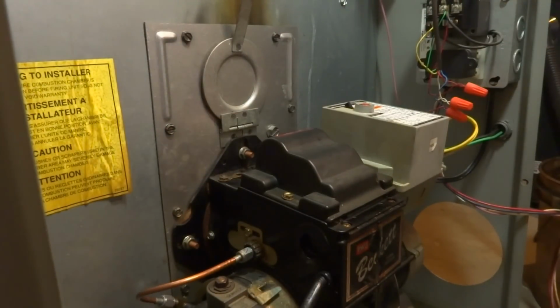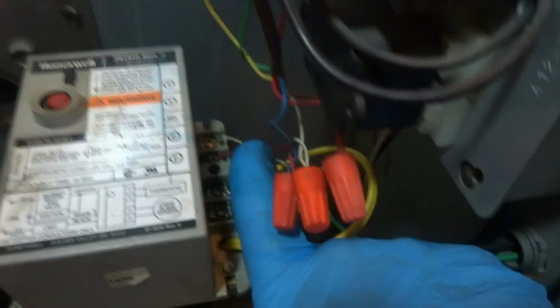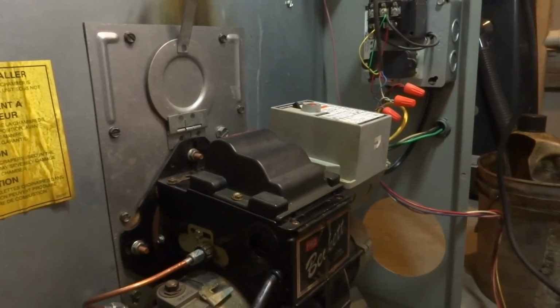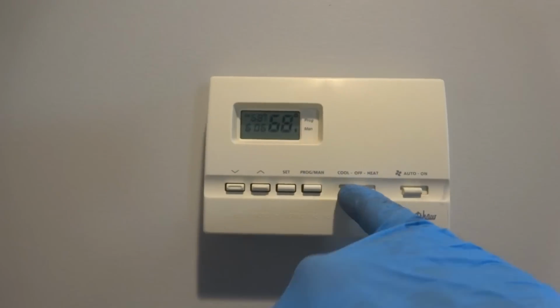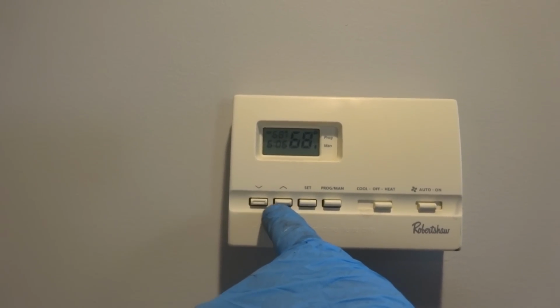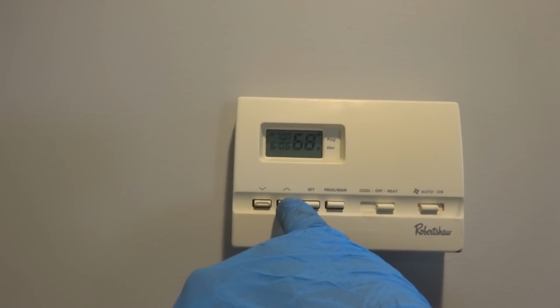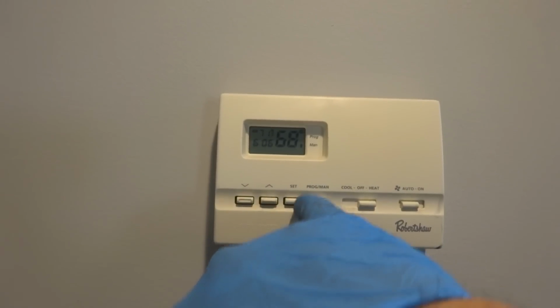Reset's tripped. It's a furnace, so the TT back there, we jump that out. When we turn the power on, it should run. There's a thermostat right downstairs here. I'll just turn that up. Heat. It's set at 68 manual, 16, so I'll be fine. So it should come on when we turn the